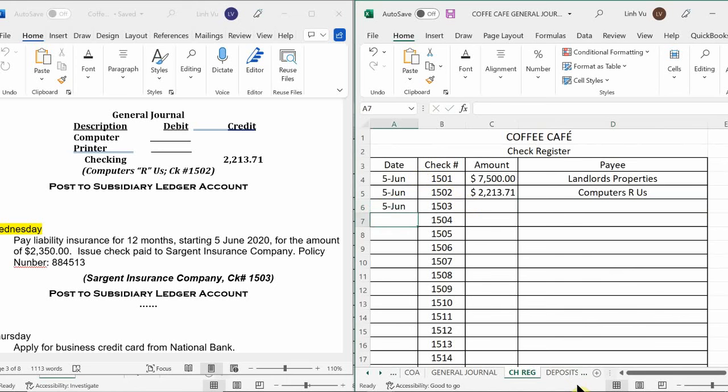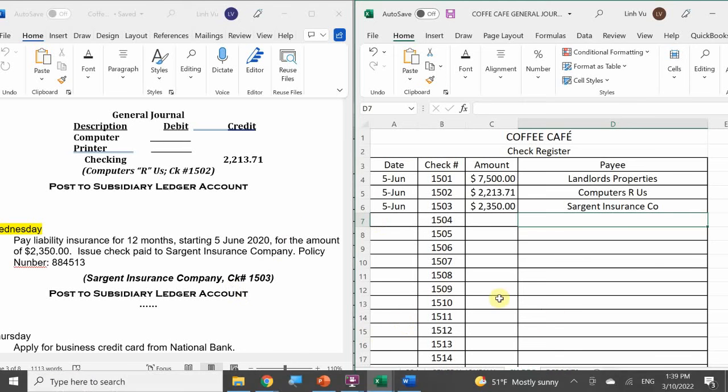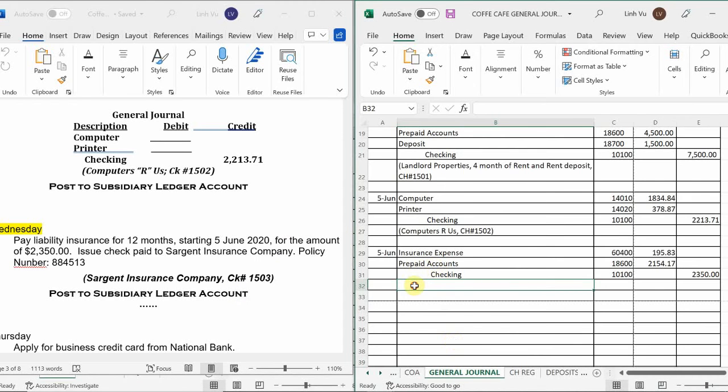Okay, so today is the 5th. It's for $2,350. And who did I write this check out to? Sergeant Insurance Company. Okay, so what check number did we use? We used check number 1503 for this transaction. So I'm going to go over to my general journal here,